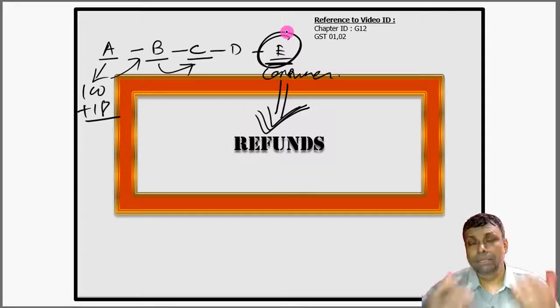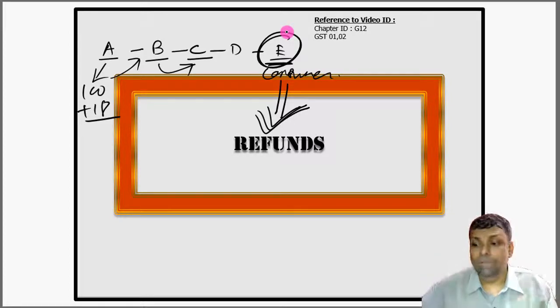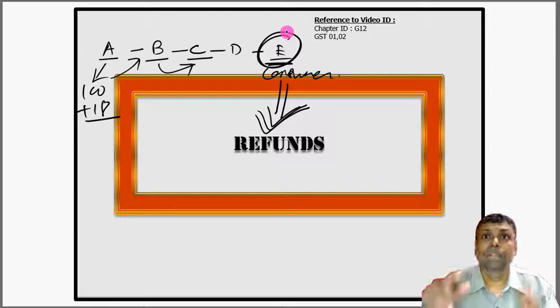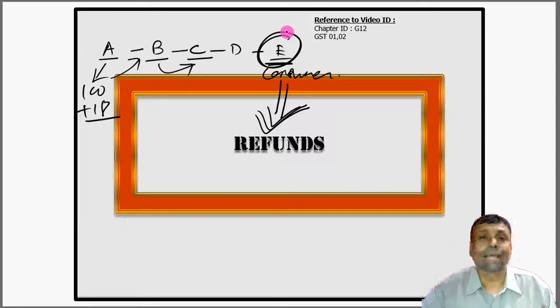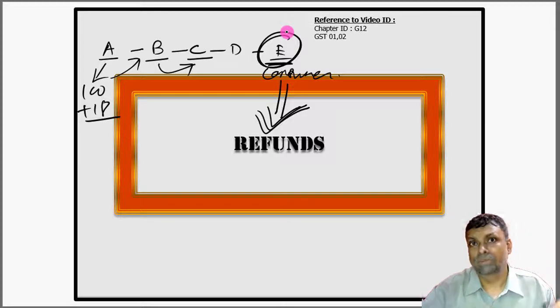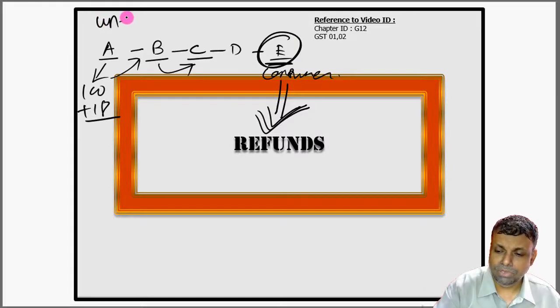The reason is that if I am the consumer and I want to claim the refund, I will have to prove that these are the same goods which I have consumed, which came from Mr. D. Then I should have the documentary trail back to Mr. C, that Mr. D bought it from C, and these are the same goods which I have used. Then again Mr. C to Mr. B, I should have a backward documentary trail, and this is practically impossible. And that is the reason every indirect tax law has a concept of unjust enrichment,